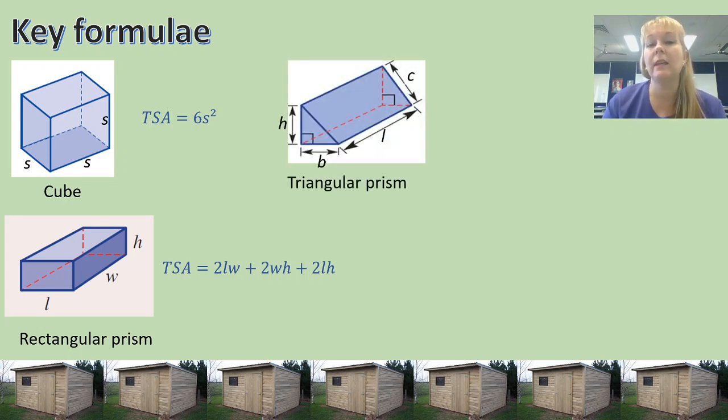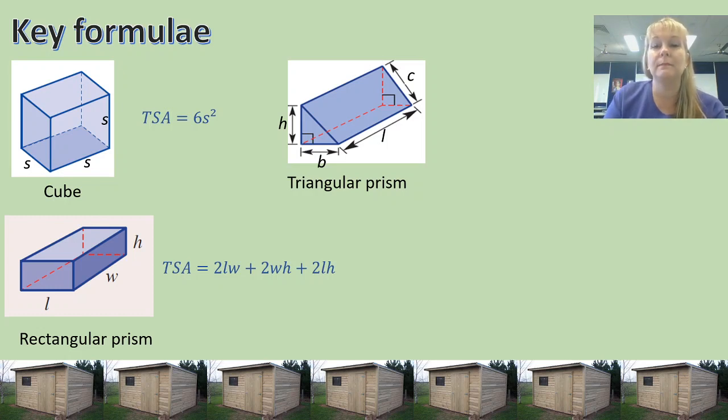Then we have the triangular prism. Now in this particular diagram, I've also annotated it with a C. You can see the C over on the right hand side. That stands for our hypotenuse. And sometimes you might need to find that using Pythagoras' theorem. We actually need to know C to find that face that's sitting on the side like that. That's a rectangular face there, and we need that hypotenuse of that triangular face to be able to work that